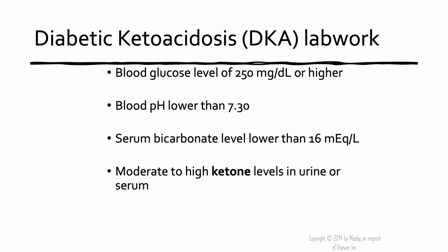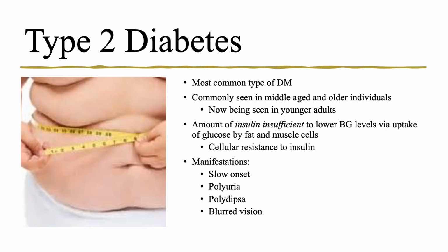Ketones, of course, are the breakdown products when the body is breaking down its own tissue and deriving some energy from proteins and fats. Ketones are produced. So that's type 1 diabetes. In order to treat it, people have to have insulin replacement. That's the only thing that treats it. And we'll talk about the diet involved with that in a little bit. First, we're going to go over type 2 diabetes.